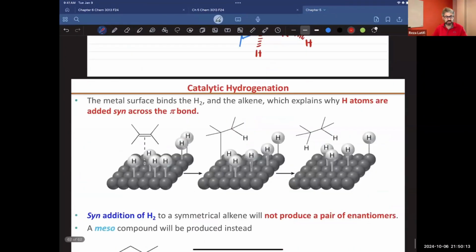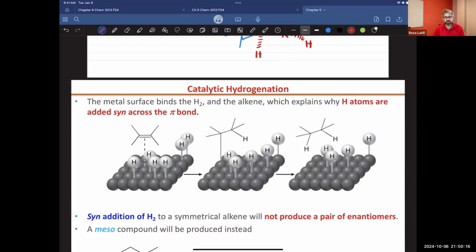Now, why is the addition happening from one side of the molecule? The reason is that we're going to use the surface of a catalyst, and that surface, under heat and with interaction with the double bond, will make the double bond weaker, and it will also break the hydrogen bond. So we will have atomic hydrogen